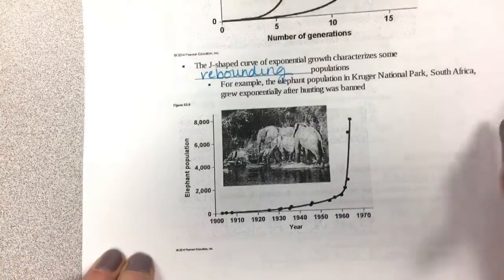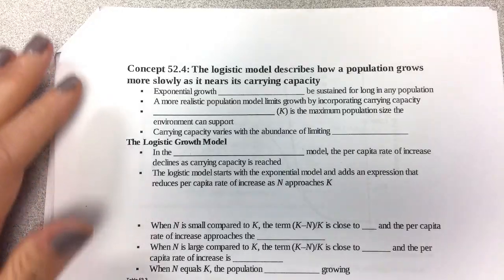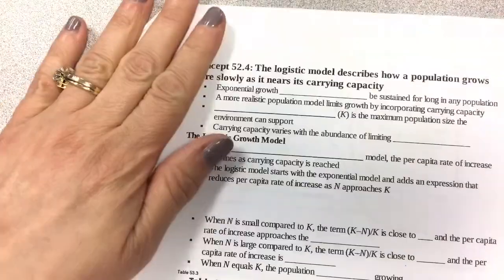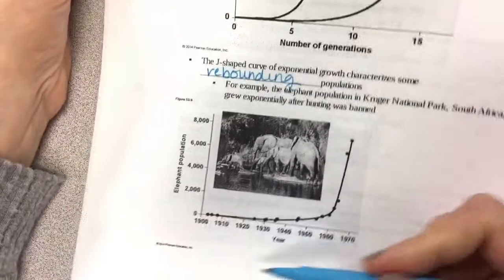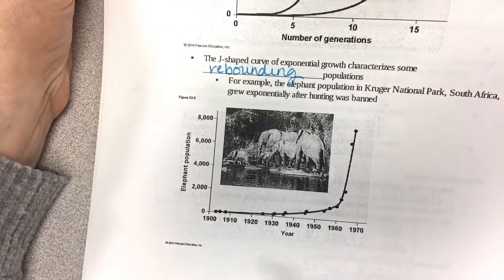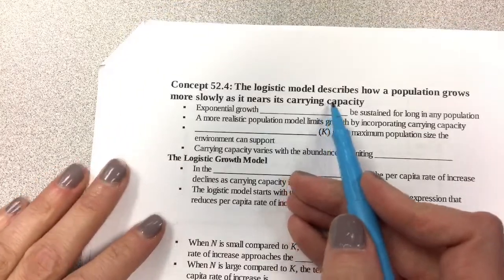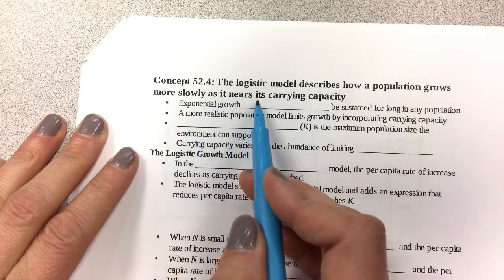But that's an example of exponential growth where the population is rebounding from a catastrophe such as humans hunting them. And so that is exponential growth. So now we're going to switch gears and talk about, realistically, populations don't grow exponentially forever. So you just said about the elephants, realistically they're not going to be able to grow forever because of their limited resources. So the logistic model describes how populations more realistically grow slower as it nears what we call